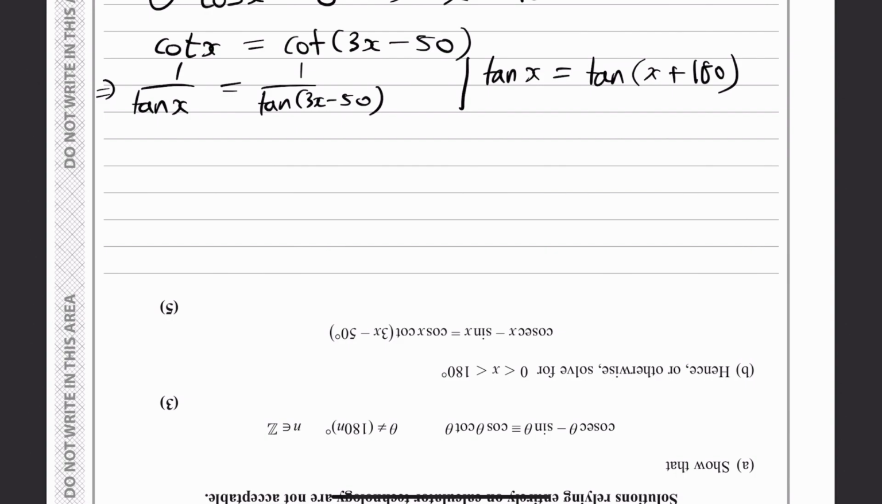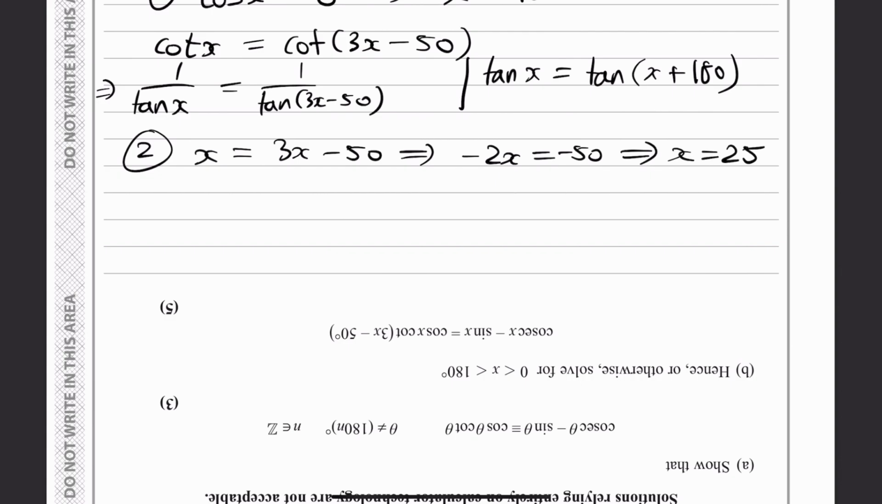Okay, yeah, so one equation would be x is equal to... actually I've already labeled one. Got a second equation, x is equal to 3x minus 50. That's the easy one. So minus 2x equals minus 50. So x equals 25. That's the first equation. And the second equation is going to be